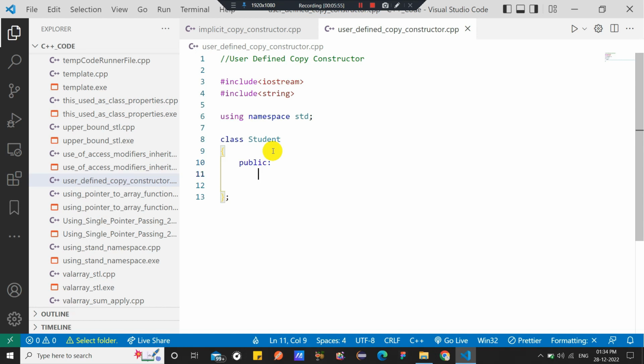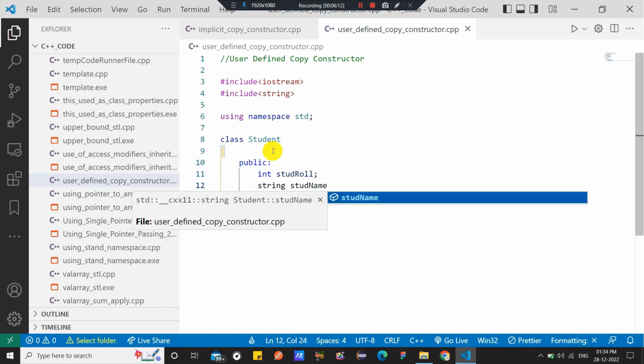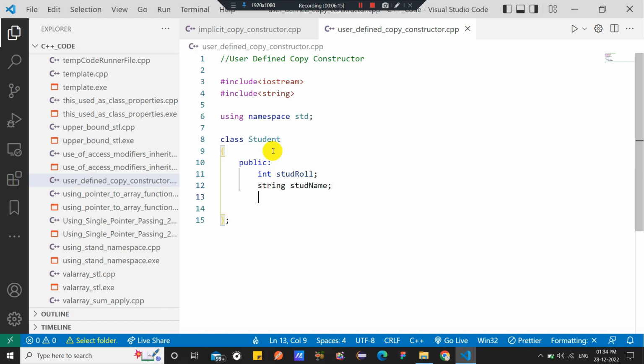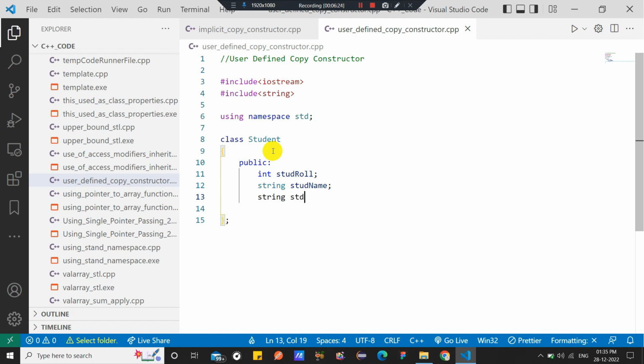Public stud role, then you have to define the string, stud name. Okay, student role, student name, then okay, then